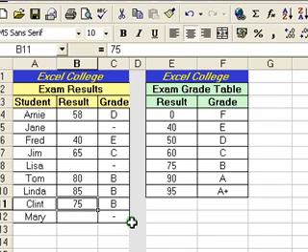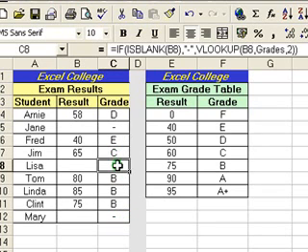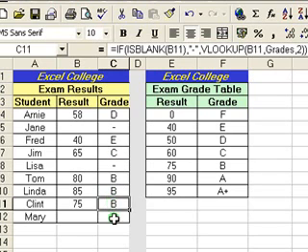That's just a way of updating your spreadsheets to make them more user-friendly. Obviously when you create your own spreadsheets you know what's supposed to happen, but sometimes when you hand them off to other people and they start to put actual information in, strange things can happen, and VLOOKUP is one of those things where if they enter the wrong information or no information, they can get some odd results. It's a good idea to make sure that your spreadsheets are user-friendly, and using, in this case, ISBLANK with the IF function is a great way of tidying them up and making them much more useful to other people. So that concludes this look at the VLOOKUP